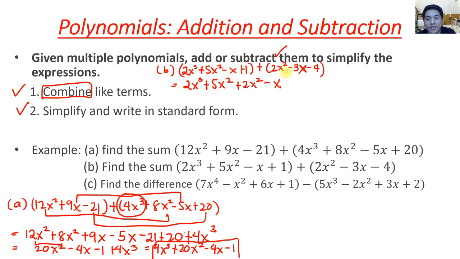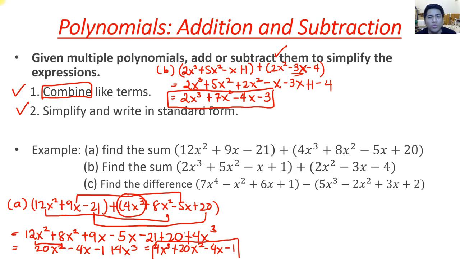So you have negative x. You have minus here, minus 3x, so combining like terms. And then you have positive 1. Combine it with the constant minus 4. So again, we perform. 2x cubed is as is because we don't have anything to add to it, because we don't have any other x cubed in the polynomial. So you have 5x squared plus 2x squared is 7x squared. Minus x minus 3x, this will add negatively, so negative 4x. And then plus 1 minus 4 would be negative 3. Okay, so that's how simple we add